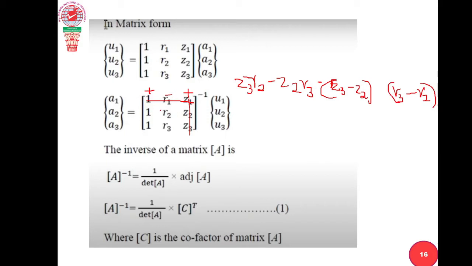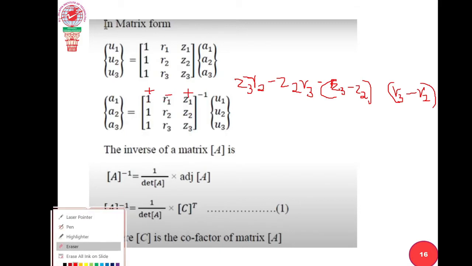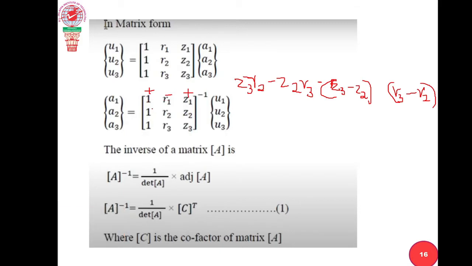Okay. Let me take the second one. Similarly. What is second one? I will erase this. One minute. So first we'll take a sign convention here. What is the sign convention here? Minus, minus. Now I will take this now. Second one. So therefore second row and all this column. Correct?